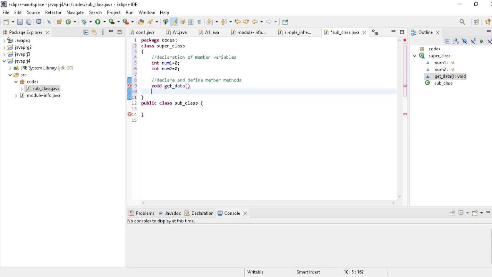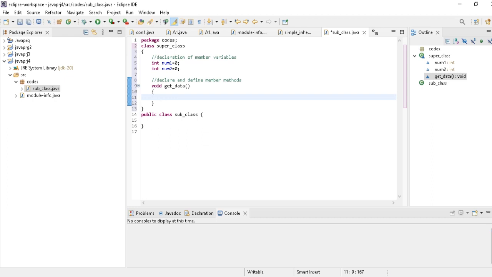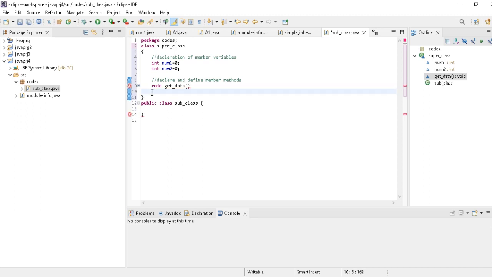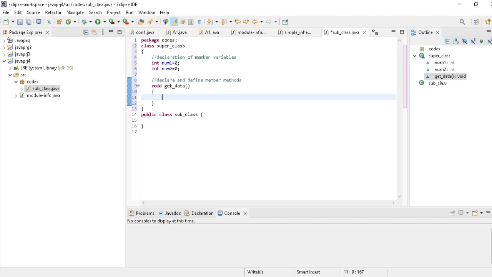Suppose I am making this function get_data, and then see, the benefit of using this IDE is you will see कि यहाँ पर हम ओपनिंग ब्रेस लगा रहे हैं तो क्लोजिंग ब्रेस अपने आप आ जा रहा है, ठीक है। जैसे ही हमने ओपनिंग ब्रेस लगा के एंटर प्रेस किया ऑटोमेटिकली ये क्लोजिंग ब्रेस आ रहा है। तो IDE पे काम करने का ये बेनिफिट है कि IDE सिंटैक्स रिलेटेड प्रॉब्लम्स को रिजॉल्व कर देता है, हमें उस पर बहुत दिमाग लगाने की ज़रूरत नहीं पड़ती है। अब इसके अंदर हम num1 की वैल्यू सेट कर देंगे, सपोज 10, और num2 की वैल्यू हमने ले ली 20।